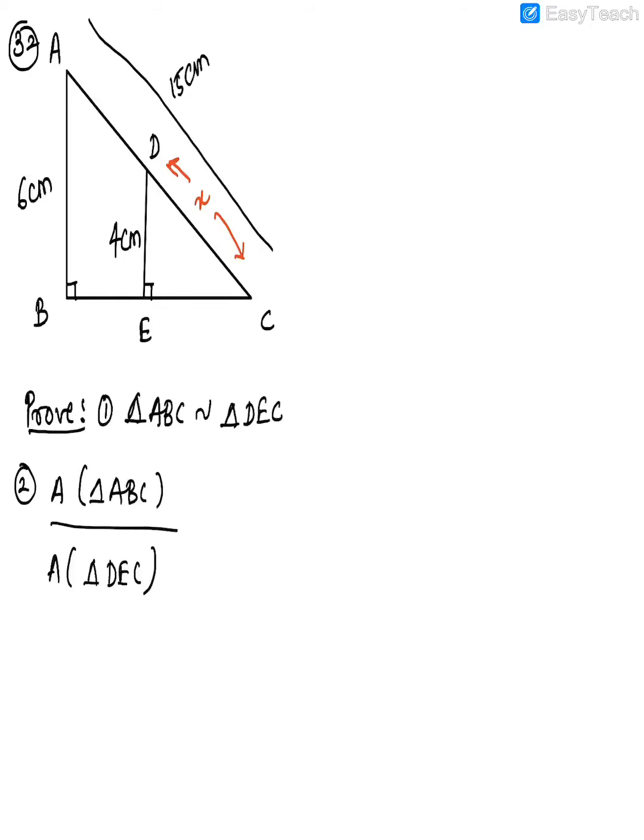Now if two triangles are similar, what can we also say? We can also say that AB upon DE. Notice when I write AB here, I must choose DE only, not ED. Then is equal to, which are the other sides I need? I'm given AC. If I'm choosing AC here, what will I choose here? DC. And I hope you remember the reason: corresponding sides of similar triangles are in proportion. Substitute the values of AB, DE and the rest, and you'll get the value of DC.